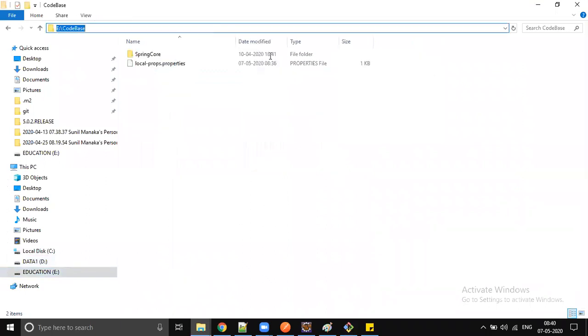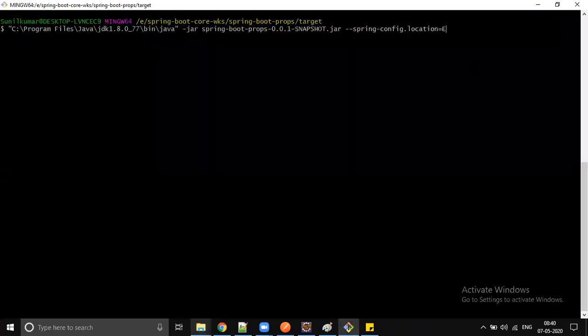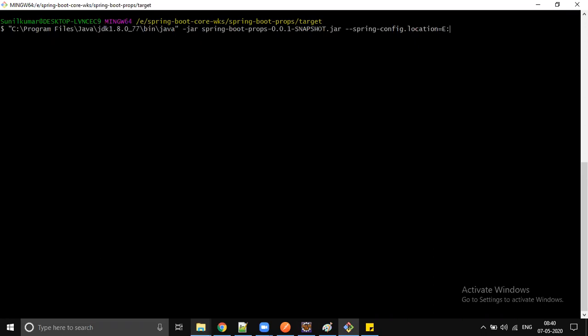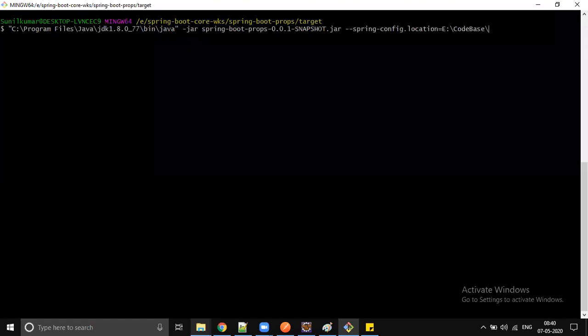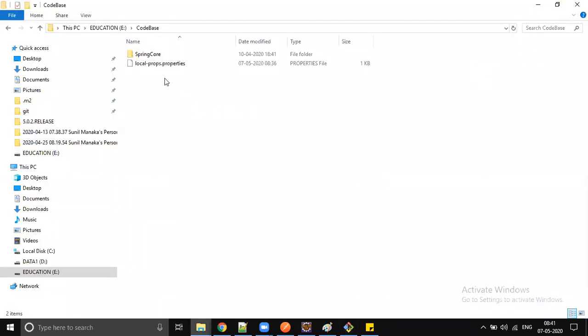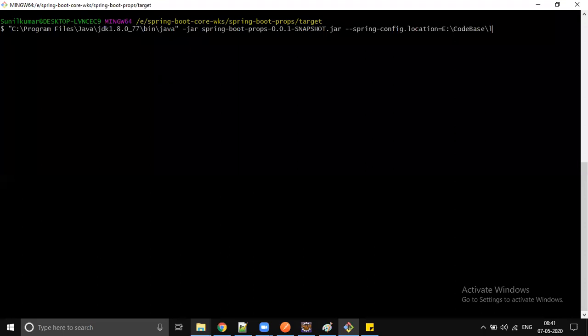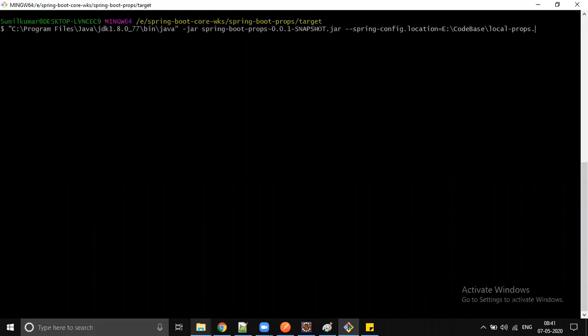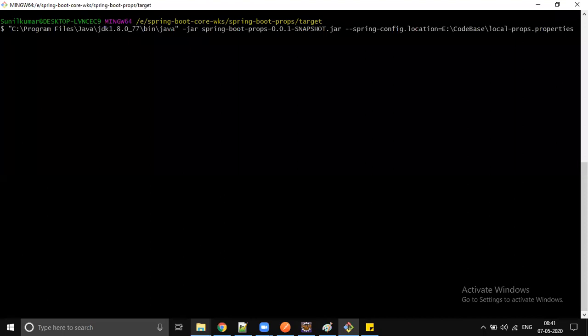So just give the same thing: E drive, code base, slash local-props.properties. I'm just going to click enter.